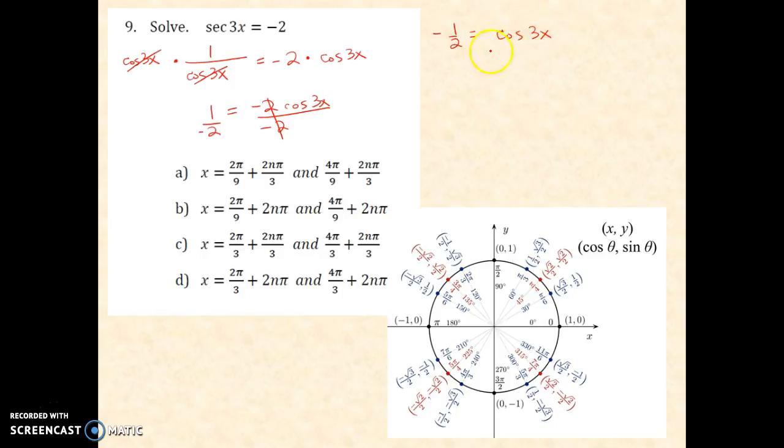Alright, so now I'm going to think about, alright, well, what angle theta has a cosine of -1/2? So cosine is my x value, and that's -1/2 right here and right here. So at 2 pi over 3,